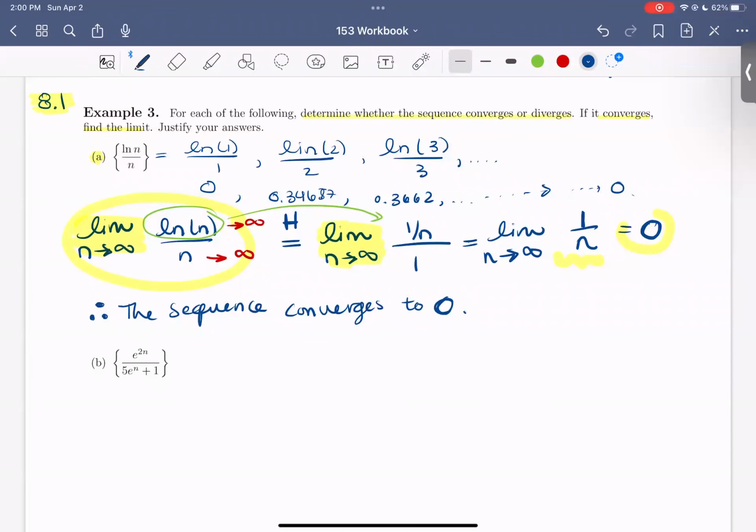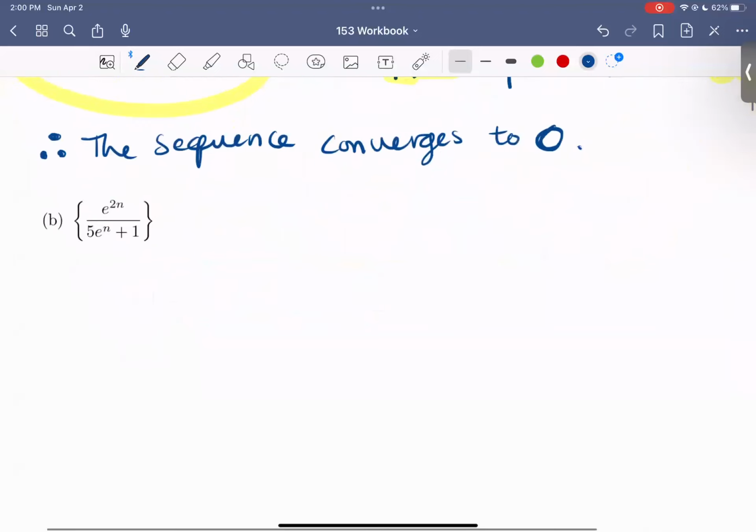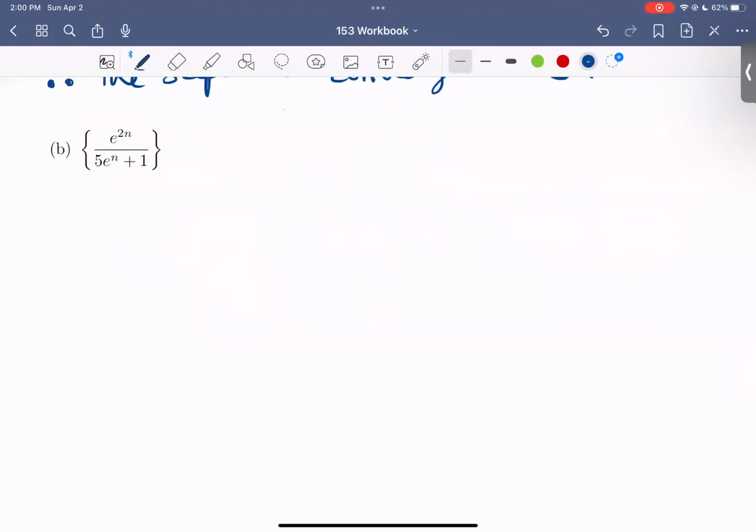Hello, everyone. In this video, we're going to look at part B in example 3. For part B, again, we're given a sequence and we're asked to determine if it converges or diverges. So let's go ahead and set up that limit to determine what happens with this sequence. We're looking at the limit as n goes to infinity of e to the 2n over 5 e to